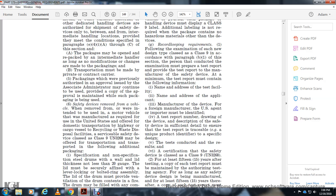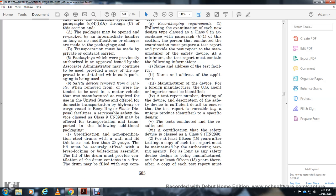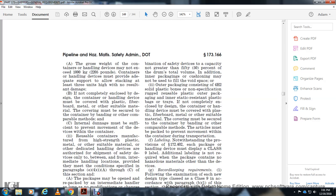Specification, non-specification steel drum wall with the lid with a thickness not less than 20 gauge. The lid must be securely affixed with the lever locking with the bolt ring assembly. The lid over the drum must be provided with the ventilation of the drum. The content of the fire with the drum may be filled with any combination of the safety device with capacity not greater than 50% of the drum and the total volume of the addition of the liner packed